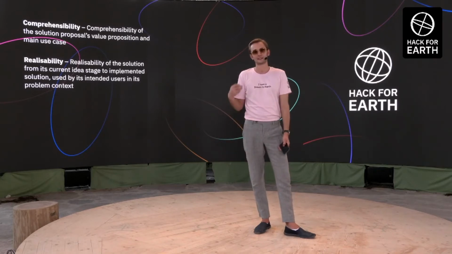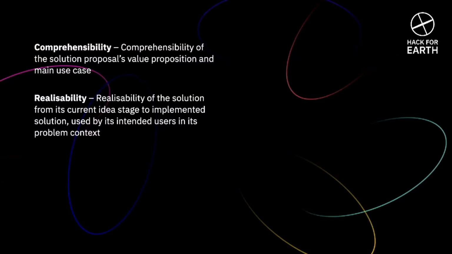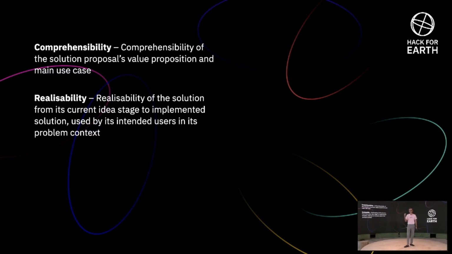The next one is realizability. Realizability means, how do you make this into reality? I myself would prefer to see this as a plan, maybe a time plan of the steps you need to make to create your solution and make it real. So this depends a lot on how your solution is going to work. I mean, if it's a mobile app, maybe it's a design sketch first, and then a prototype, and then something else. Finally, we'll reach a launch of your concrete mobile app. But if it's not a mobile app, you need to think about what is the best way to actually make this into reality. Create a plan for it and present that to the jury.